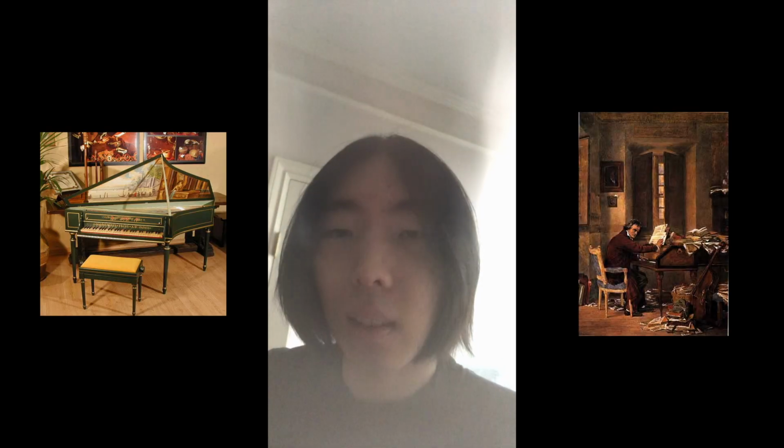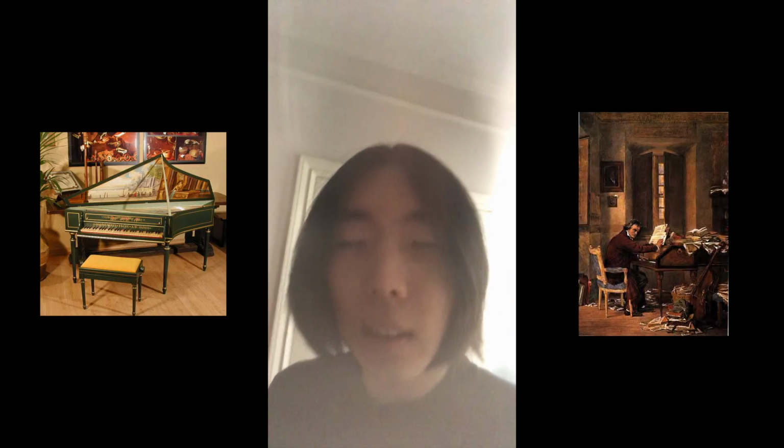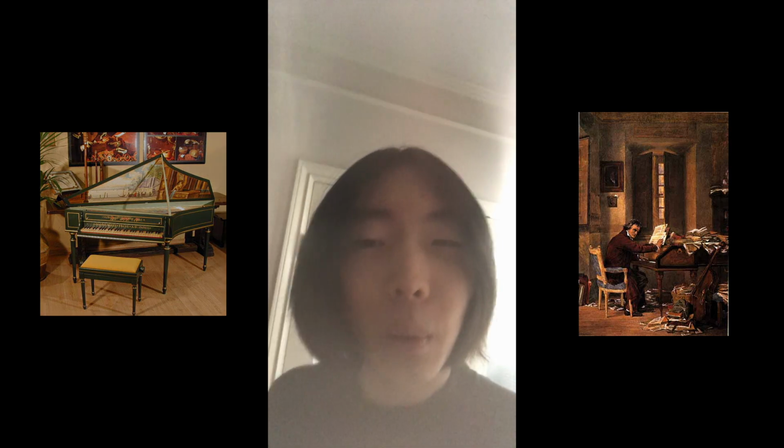Finally, I want to talk about the instrumentation of the score. As the score progresses, I noticed that there is an increasing use of more modern instruments. We begin with the harpsichord, we end up with both the harpsichord and the piano. Eventually the harpsichord goes away and it's just the piano winning between them. I think this is an interesting choice because the harpsichord is associated with basso continuo, it's associated with improvisation, realization of the figured bass. But the piano, not so much.